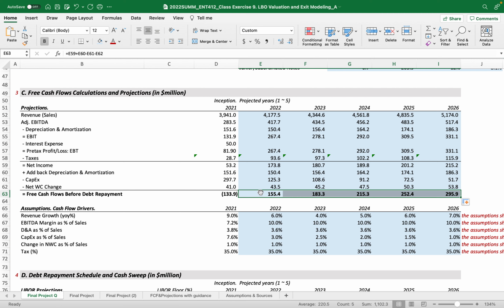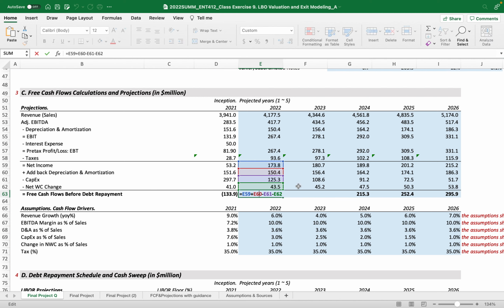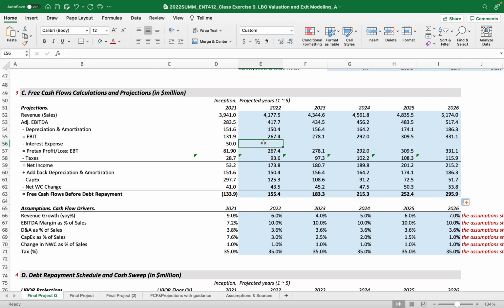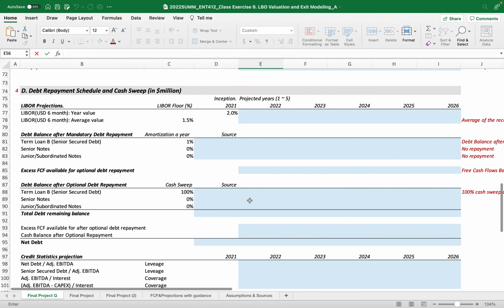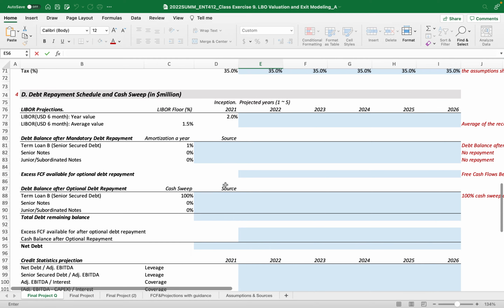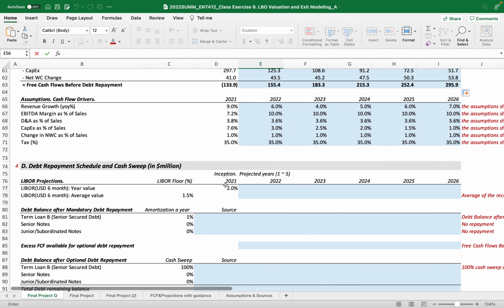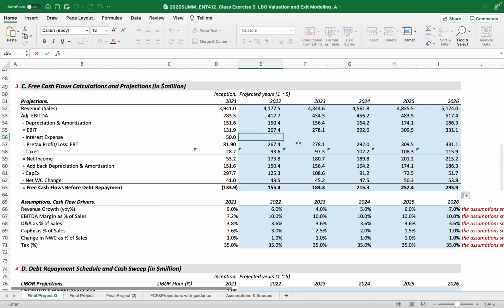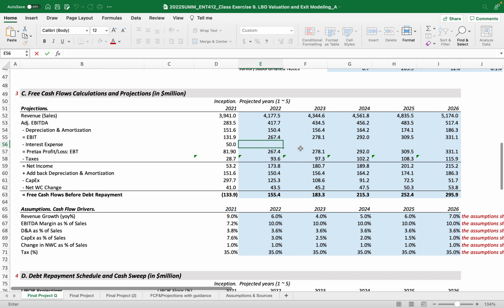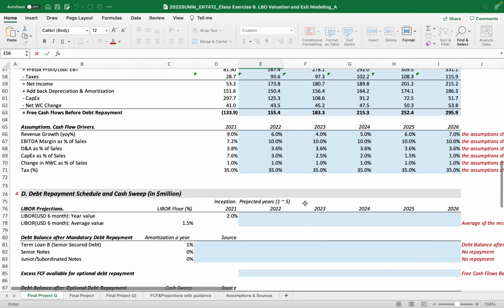But this amount is not the final number because we have to put in the interest expense. We cannot calculate interest expense until we finish the debt repayment schedule, because as debt is repaid, the remaining debt amount changes, so the interest expense every year is also updated. Okay, so we'll now move to the debt